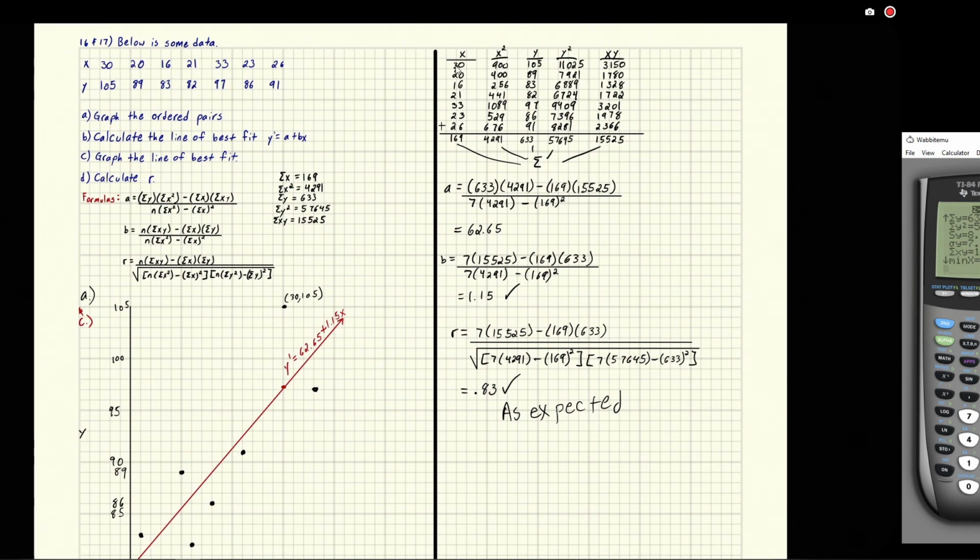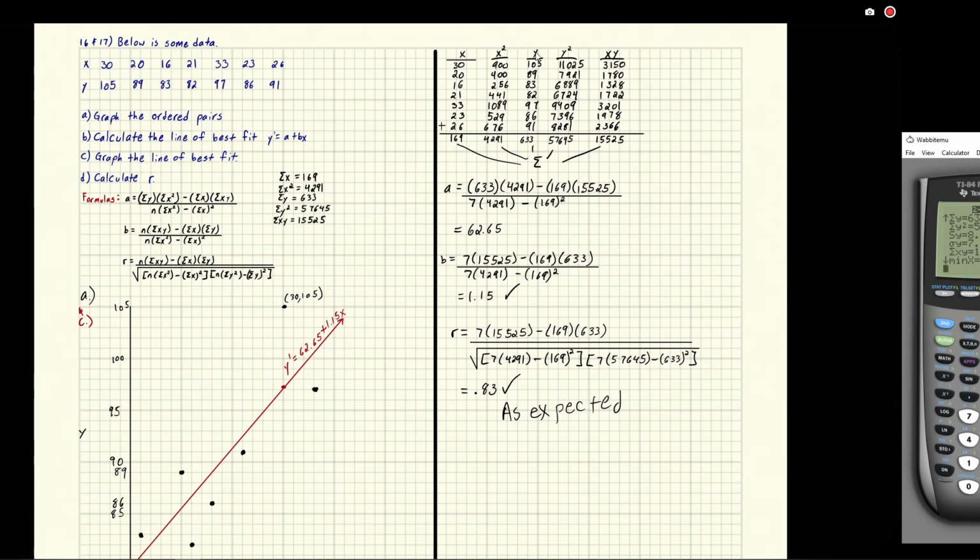We take 30 and we square it and we get 900. 20 and we square it and we get 400. 16 and you square it and you get 256. So on and so forth. You do this for each single one. You square them all. And then for the y value, you go ahead and you just write out all the